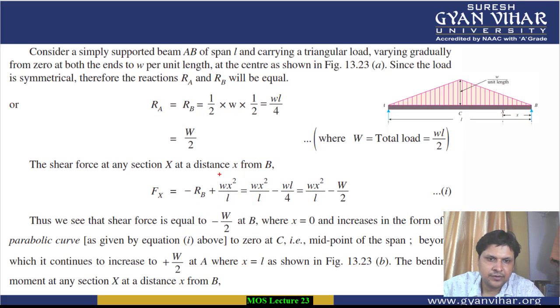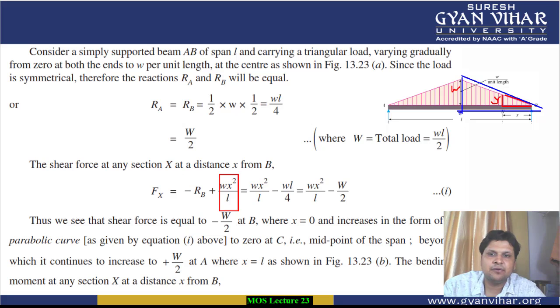So how do we calculate this Wx square by L? How have we calculated it? See, students, in this small portion, in this particular triangle, which I am making here in short, if this is the unknown y, and this is W per unit length, how will you calculate? Since both triangles, students, the bigger triangle and the smaller triangle which I have made with the red line, are similar to each other,